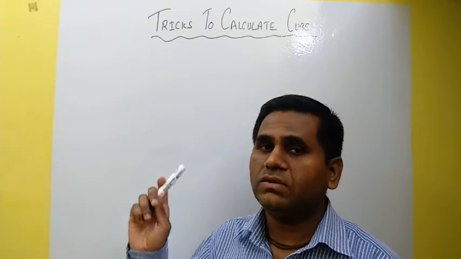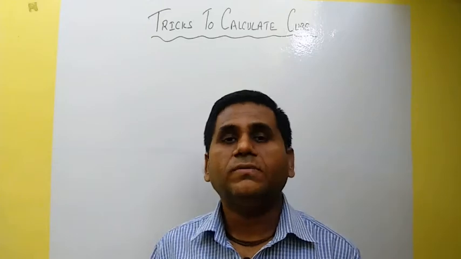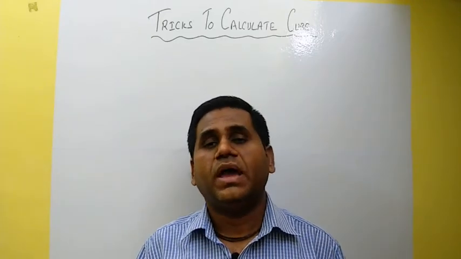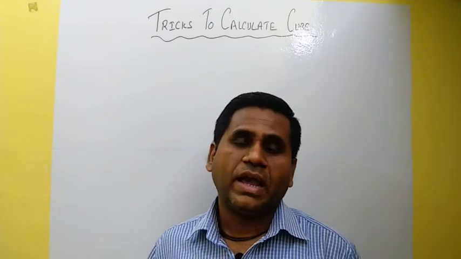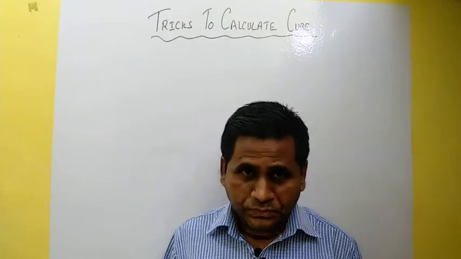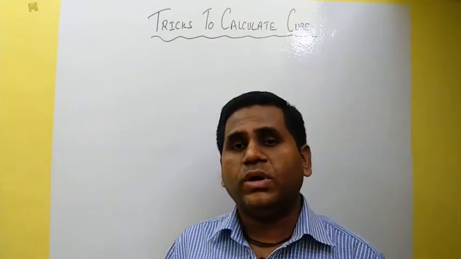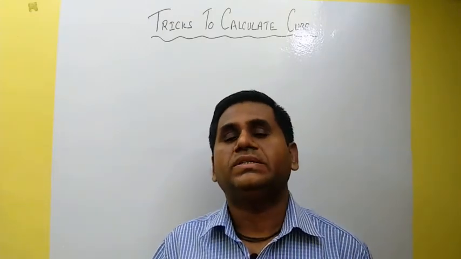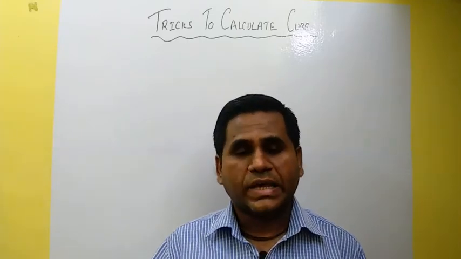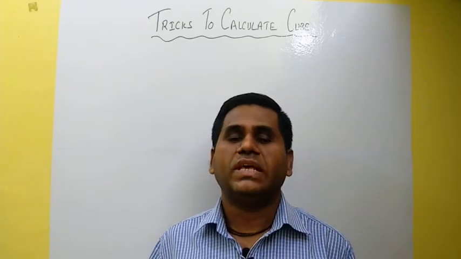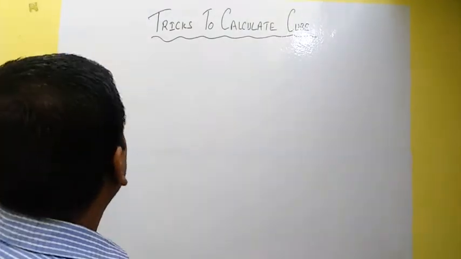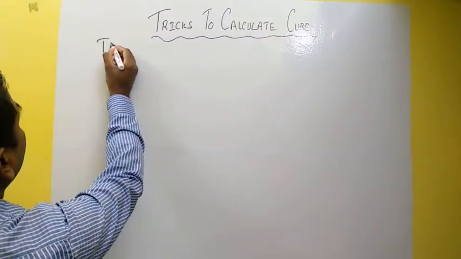I will write all the four types and I will solve, let's say, one or two examples from each type, and I will explain how you can calculate the cube of any number very quickly. In each type only the first step is different, friends. You need to learn it, otherwise the second and third steps remain the same in each type. So let's start. First we have type 1.